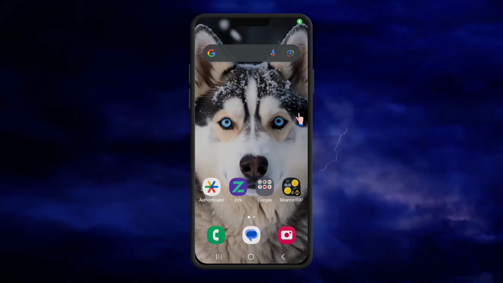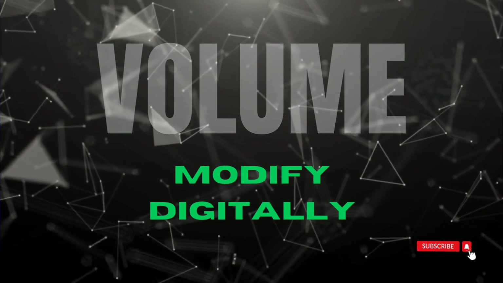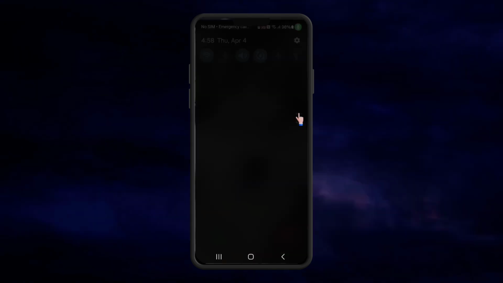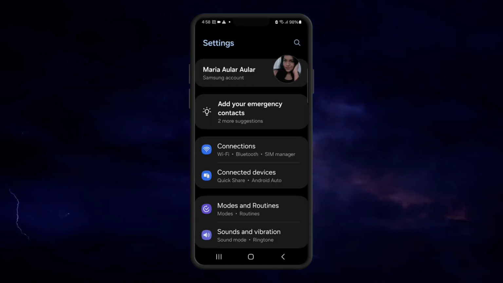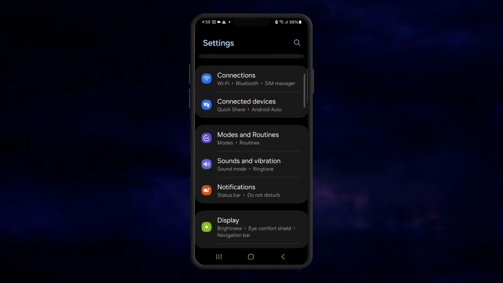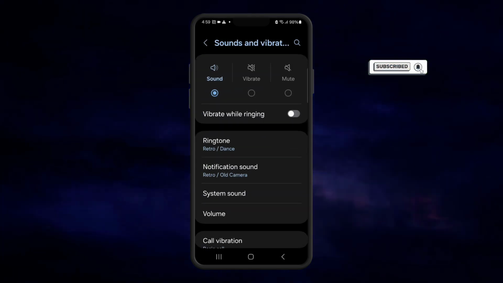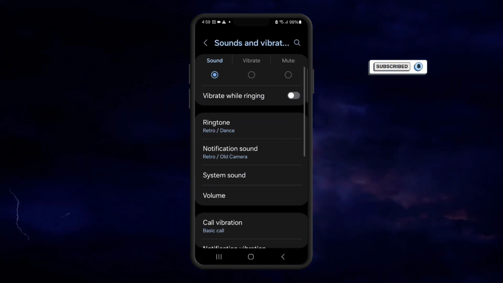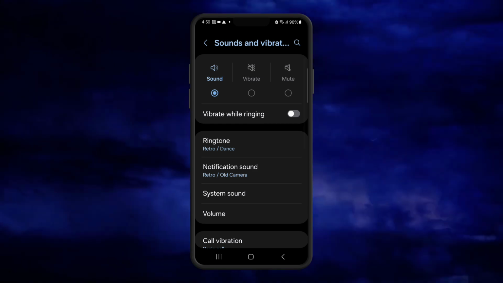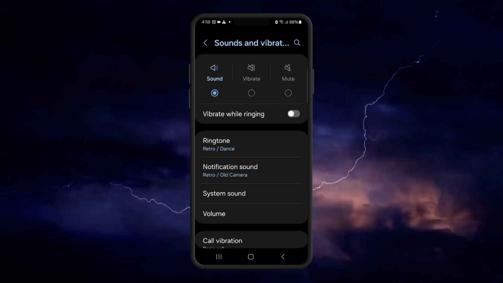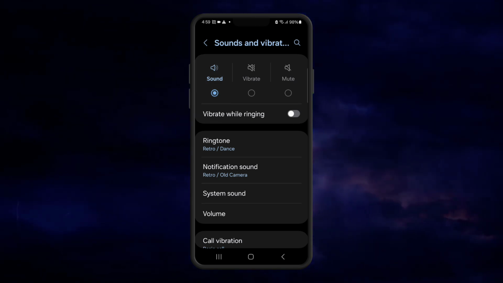Teach you how you can modify the volume of your cell phone if you had a fault in the case. What we are going to do is go to the settings on the phone, and we can see that the sound and vibration part appears. Simply sound, depending on your device, and we can see the options to lower or increase the volume here,